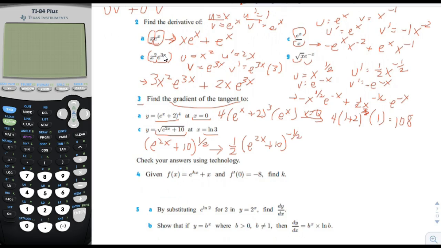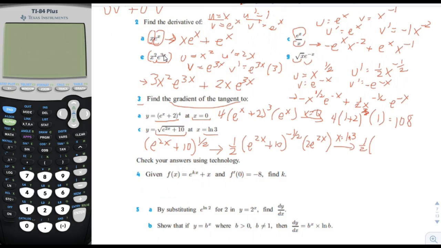And then we take the derivative of what's inside, e to the 2x, and then we have to use the chain rule, so it would be 2e to the x. And then the plus 10, take the derivative of that, so 0. Okay, now we evaluate this at x equals natural log of 3. Since they use such a nice number, natural log of 3,